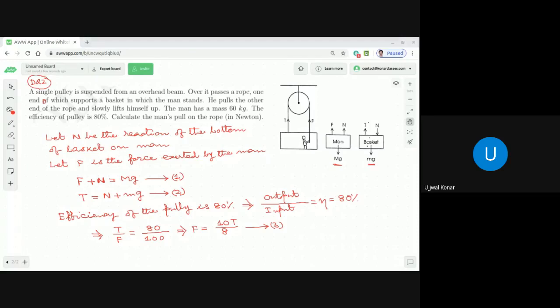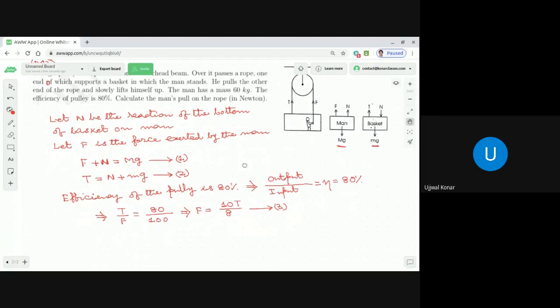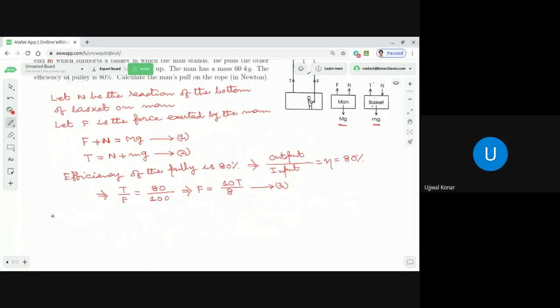The mass is 60 kg actually. It is 60 into G, not gram. Sorry, I made a mistake. 60 into G it should be. So, from equation 1 and 3,